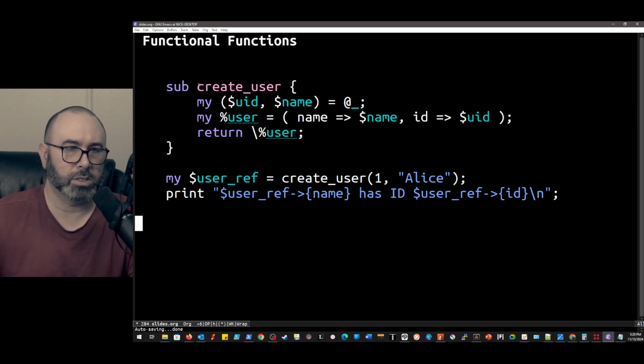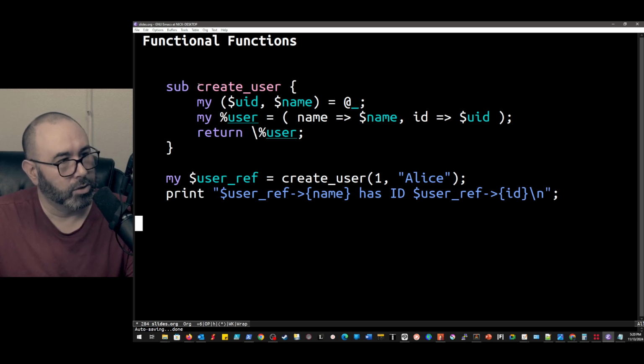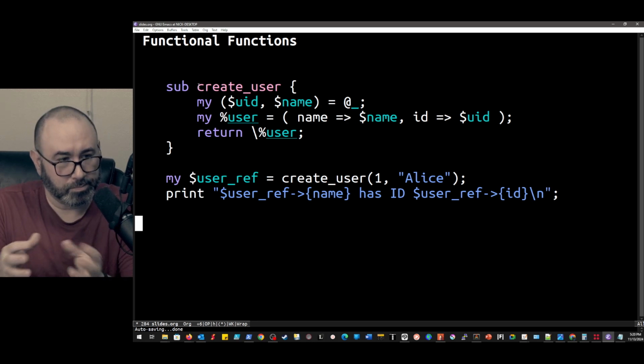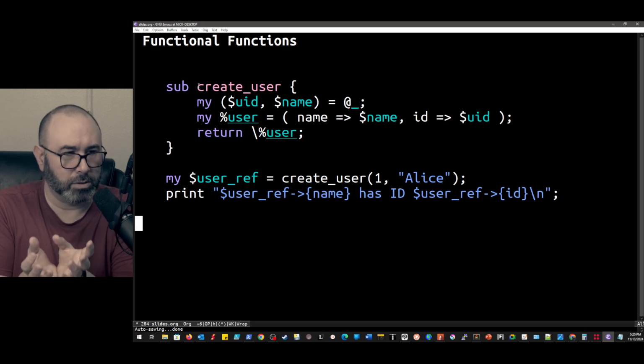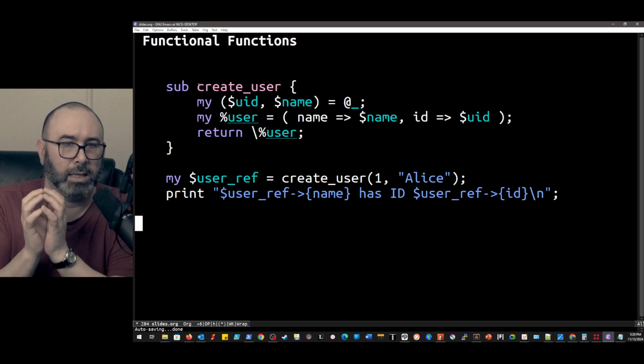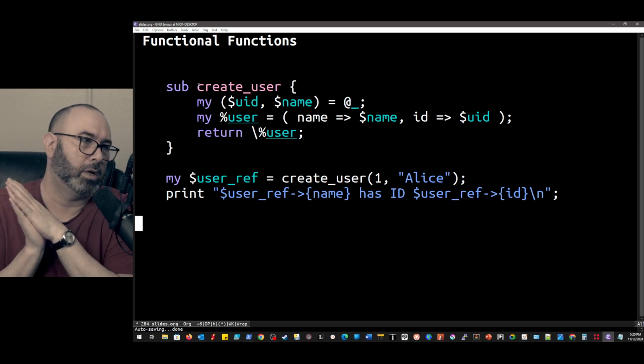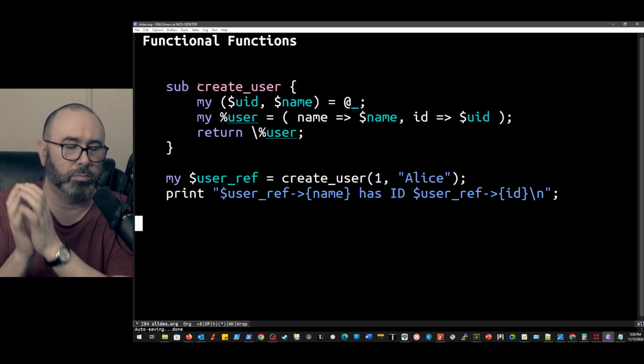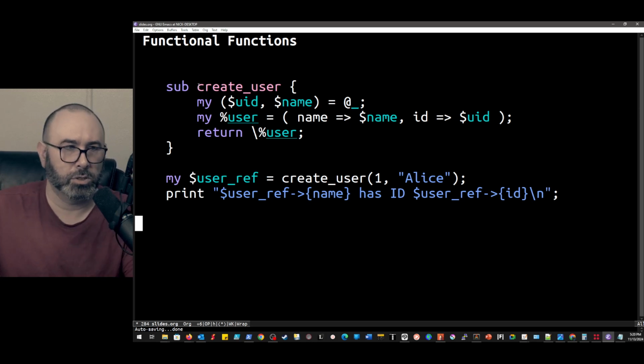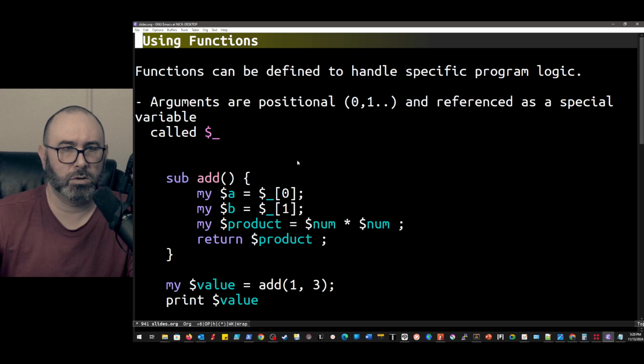Just like other languages, it's a good idea to make your programs pretty functional. Wrapping your logic in different functions allows them to be tested more easily, and allows it to be self-documenting based on the function name, so you get a lot of clarity. So all this talk about Perl being difficult to read is just not really true.